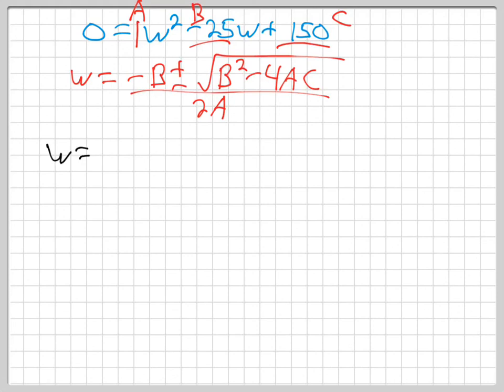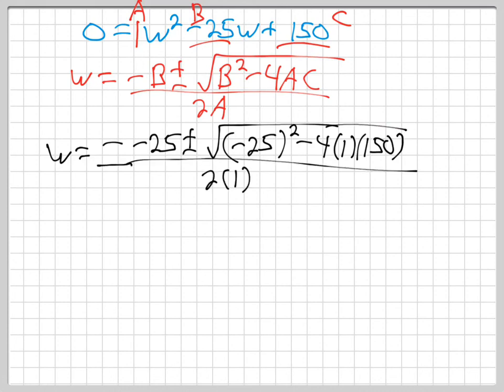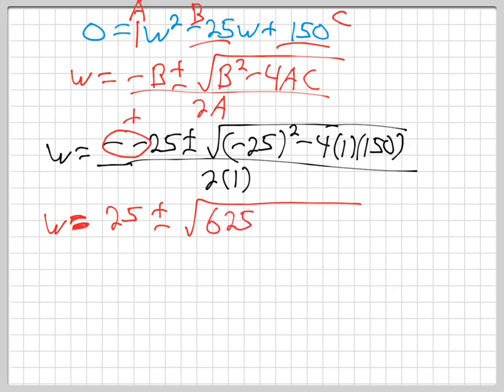So the W will equal negative B, negative negative 25, that's positive 25, plus or minus the square root of B squared, negative 25 squared, minus 4 times A times C, all over 2A. Calculate negative 25 squared, that would be positive 625 minus